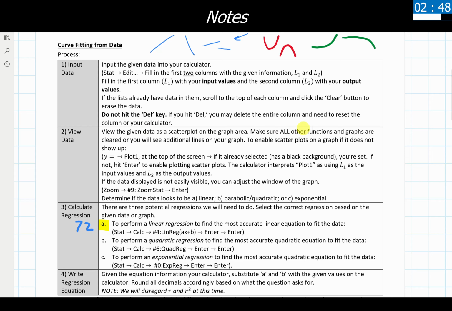The input data step, this first thing that we're doing, this is the most important step in this entire process. Every single point and every single number, every single decimal sign, every single negative sign that you do or do not enter correctly will absolutely destroy everything else that we do later on in our process.